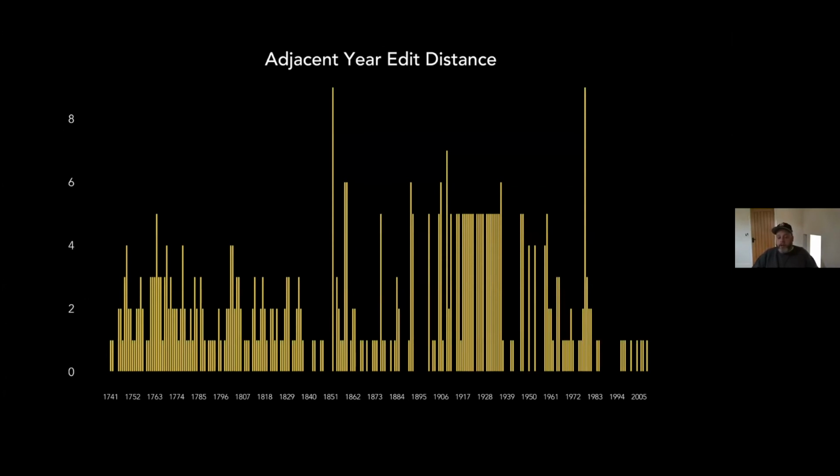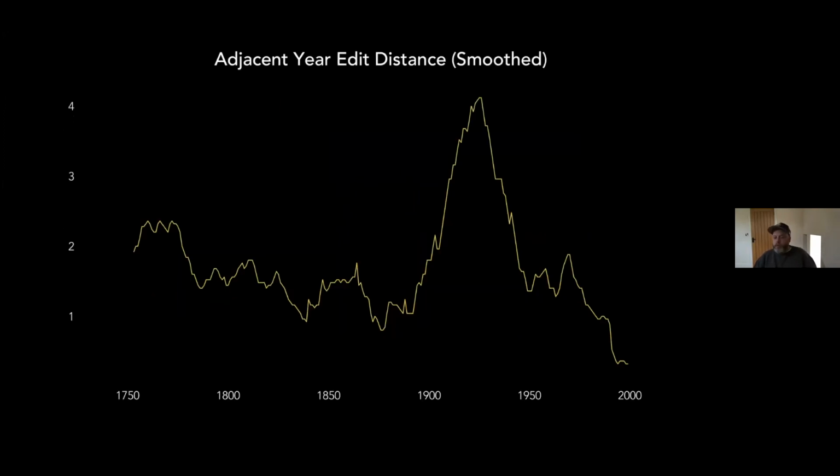And then you can also see that in the first half of the 20th century it was very variable, okay? This might be a nicer way of seeing this. So this is just a smoothed out version of that graph. And so you can really see, in particular, that the variability really shot up